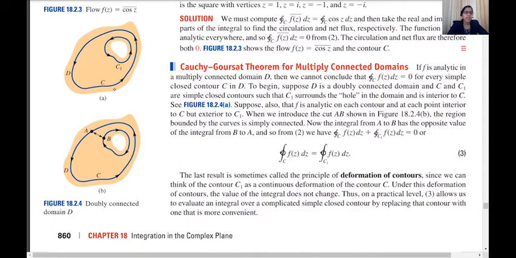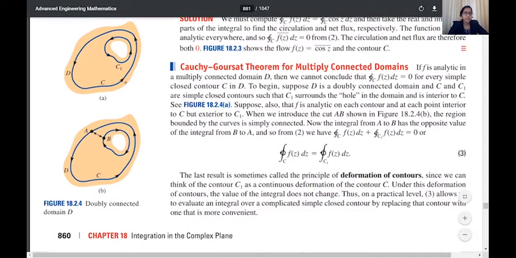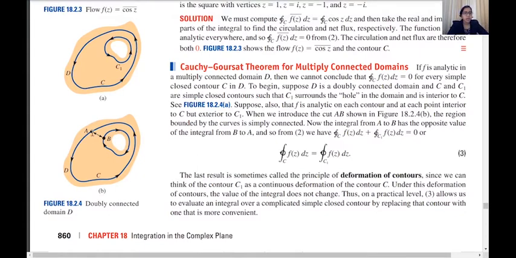Okay, in figure A you can see there is a domain D, and we have one contour C and another C1. Now this domain has a hole in it, so the Cauchy-Goursat theorem is not actually applicable here. But what we are going to do is modify this curve. How? I'm going to take a point A in the contour C and B in the contour C1, and put a cut over here. If I just break it and join it, then what will happen?